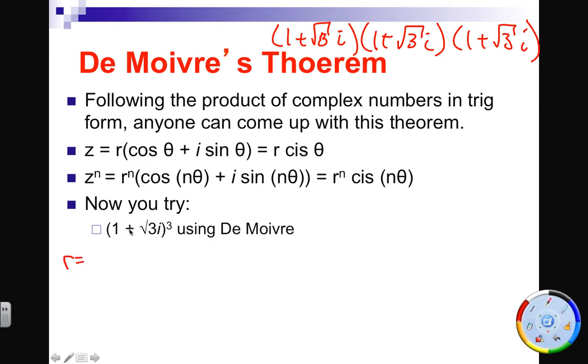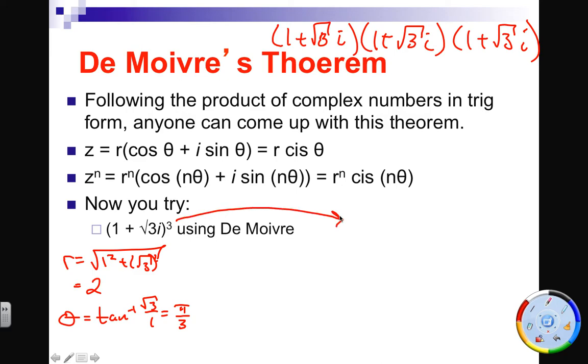So let's figure out what the trig form is. R is the square root of 1 squared plus root 3 squared, which is 1 plus 3, which is 4, so therefore it's 2. Theta, we figured this theta out before. It's tan inverse of root 3 over 1, so it's 60 degrees, or let's just keep in the fashion of radians, pi thirds. So that means this number is actually z equals 2 CIS pi thirds,